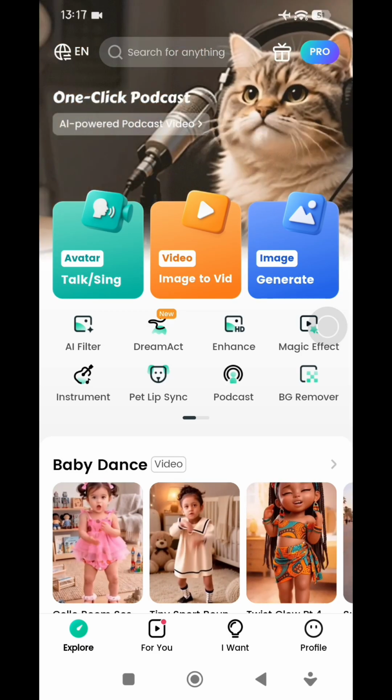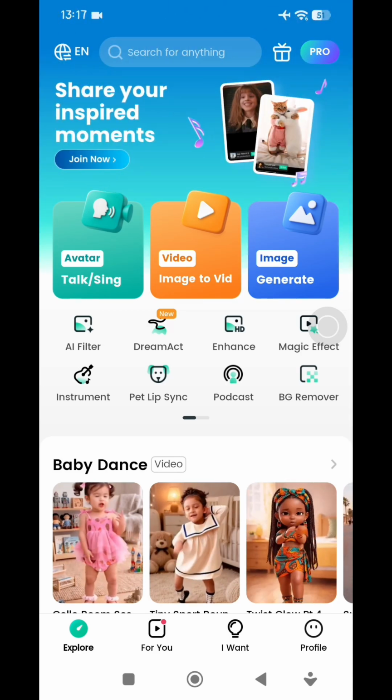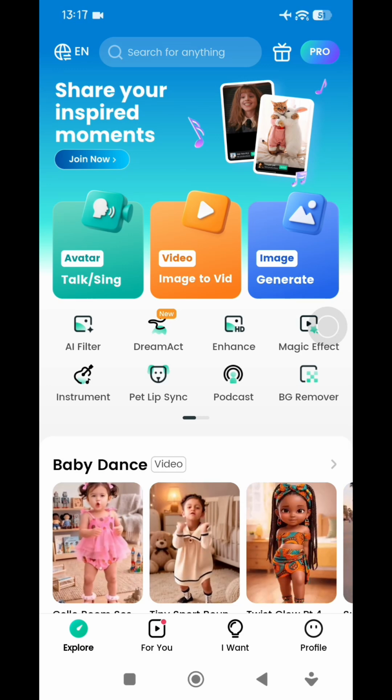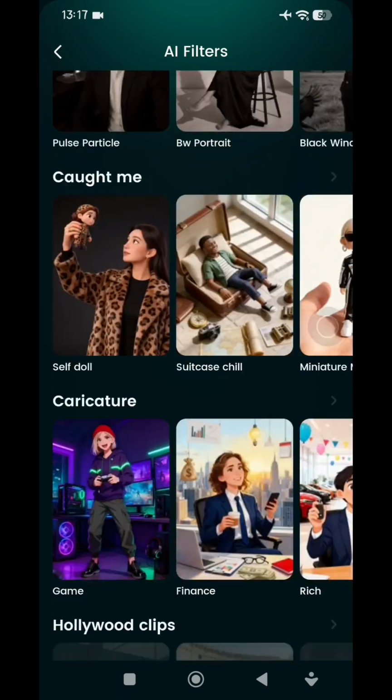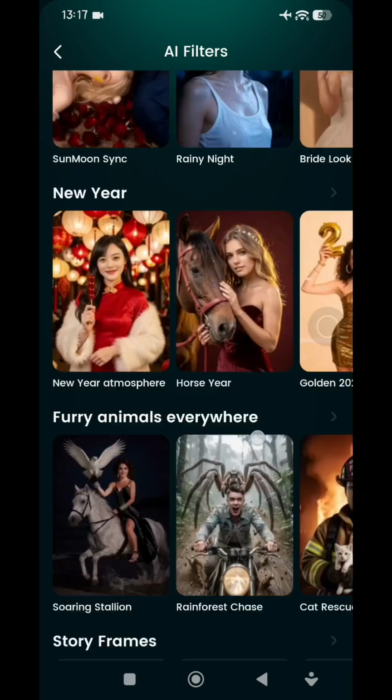And then after logging in, just look for the AI filter sections. Just tap on it, this one, and then you will see many different styles available in here. And then in here we're going to use a painting style effect that creates colorful artistic portraits. So just scroll down and then just go to the stylistic paintings sections,